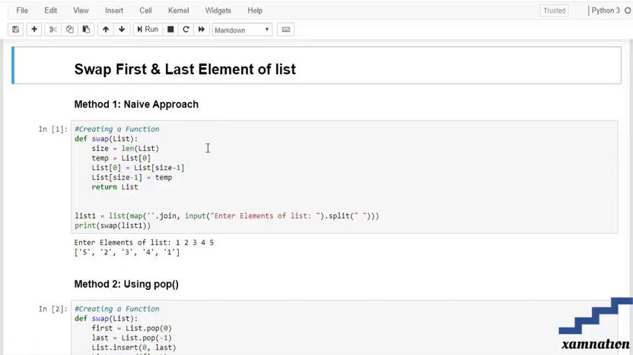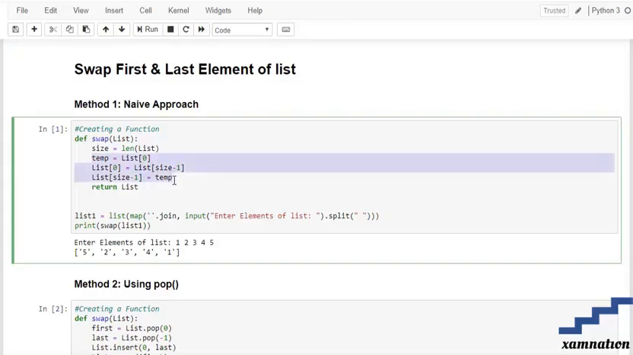Here what we are going to do is take a temporary variable, which we were doing in C and C++. So we are just swapping the values using a temporary variable over here. First, we are creating a function named swap, passing the parameter list. After that, we are taking the size of our list, and then we are creating a temporary variable in which